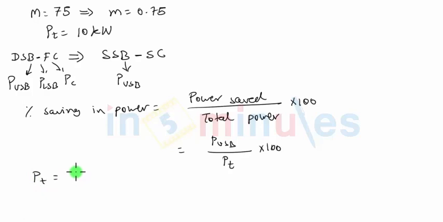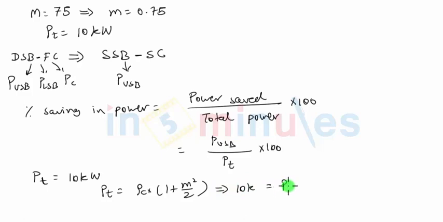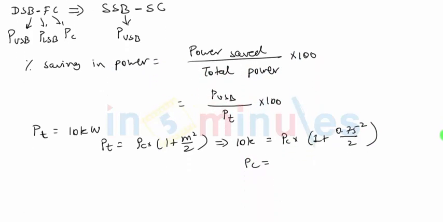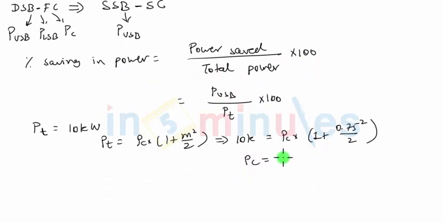In the question we already know the total power PT. PT is given to be 10 kilowatts. That means we now have to somehow find the sideband power. We know that total power PT is PC into 1 plus m square by 2. So in this case PT is given to us as 10 kilo. PC is unknown, something that we will find out, and the modulation index value is also given to us as 0.75. So it's 0.75 square by 2. If I solve this, I'll get the value of PC, which is the carrier power. So the carrier power will come out to be 7.8